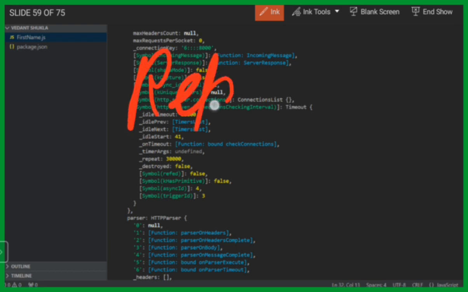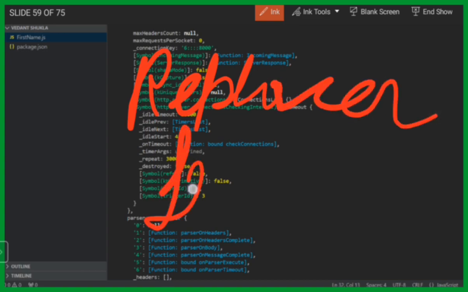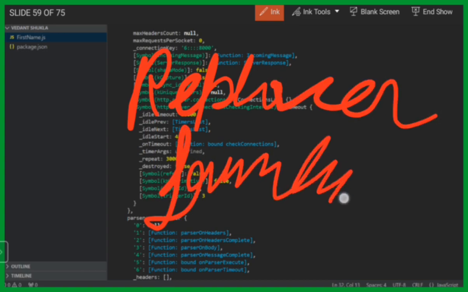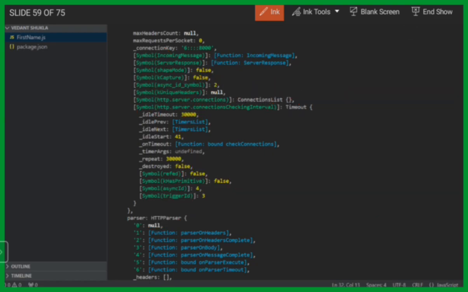Now we should understand what this replacer function is. It just modifies or removes your properties. Very simple to understand. If I talk about it psychologically,